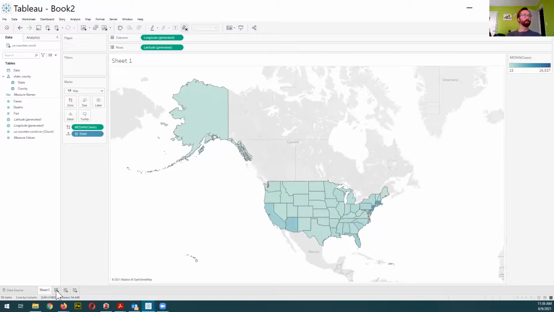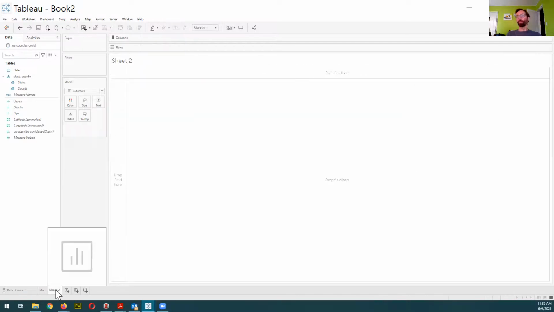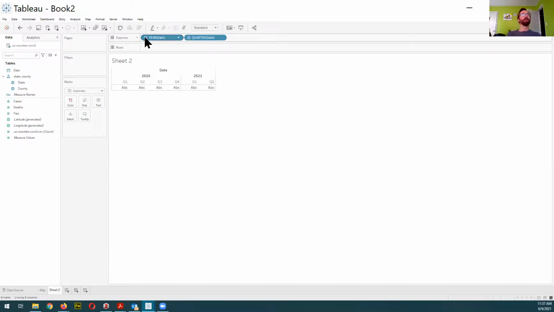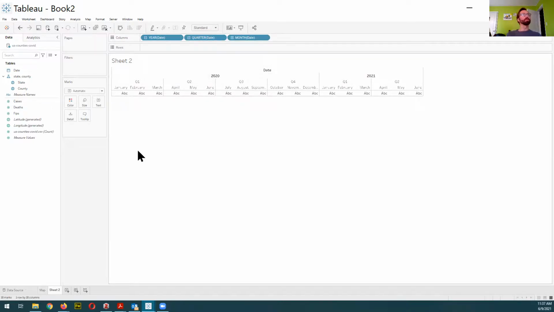Let's make another sheet. So this first sheet, we'll call map. Let's make another sheet. And in this one, let's just take a look at some of the areas. So let's go by date. Let's drag the date up. Now we can click on the plus, and then it'll give us the quarter, and it'll give us the month as well. Let's also grab cases from here,